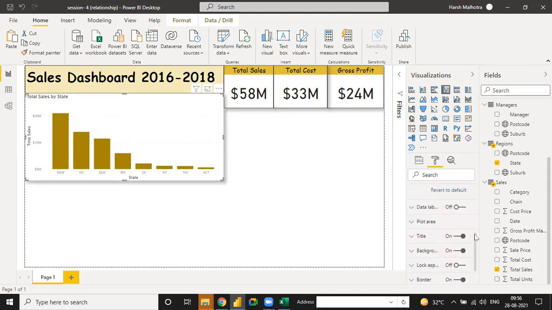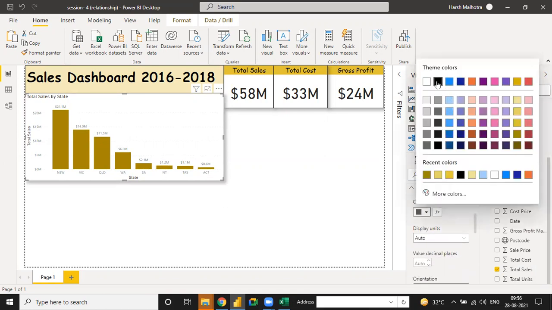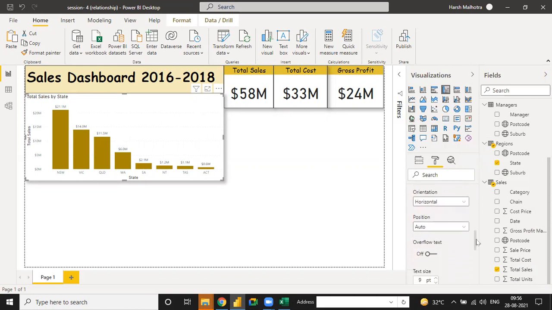You can switch on the data label because your data label is shown here, 21 million, 14 million, and so on. You can also use the formatting for this, like color set to black. Text size, if you want to change, see it's increasing to 11.